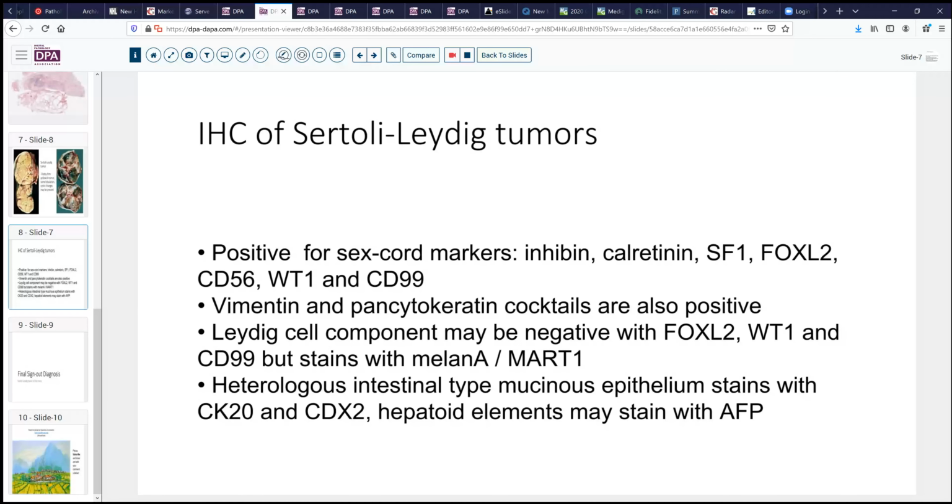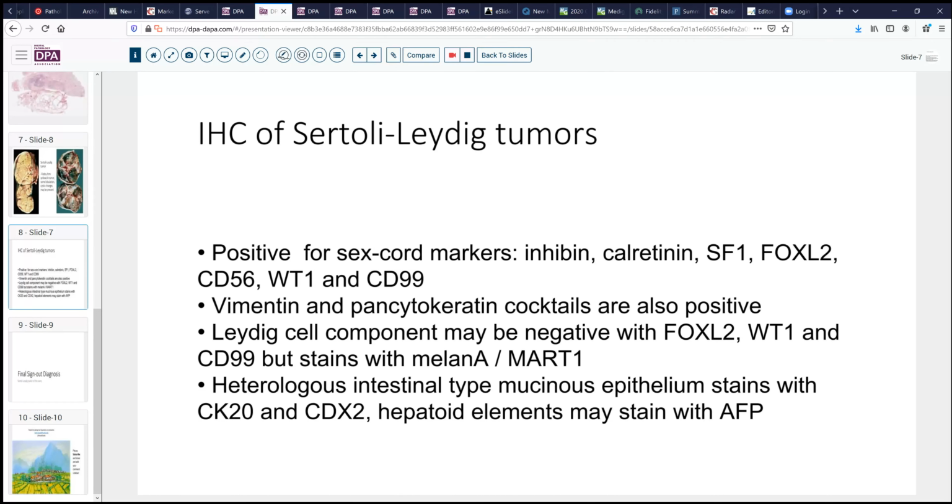Now, immunohistochemistry can be quite useful in these tumors. Of course, they'll usually be positive with the normal sex cord markers such as inhibin, calretinin, and so forth, WT1, and also they will usually stain with vimentin and pancytokeratin. So that can be useful. Particularly these would be the Sertoli elements. The Leydig cell component, however, may be negative with many of these markers, but can stain with Melan-A